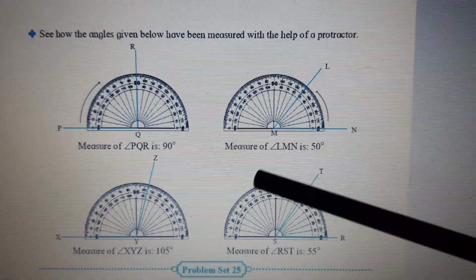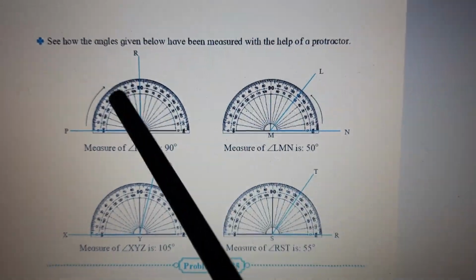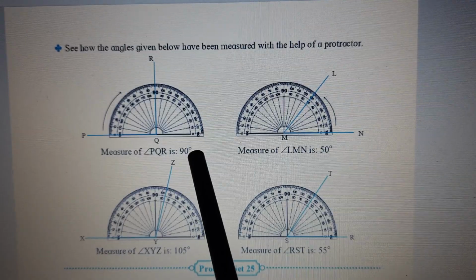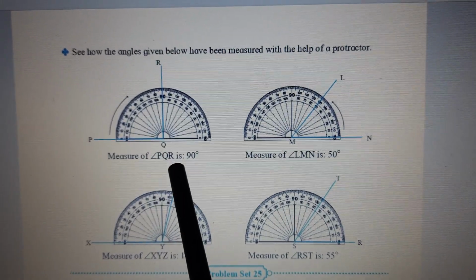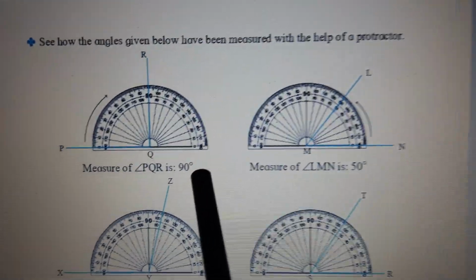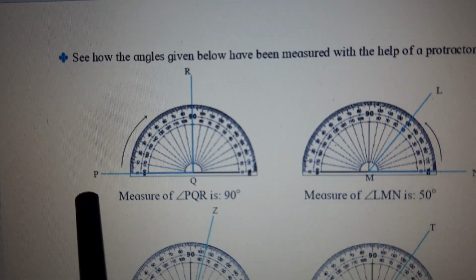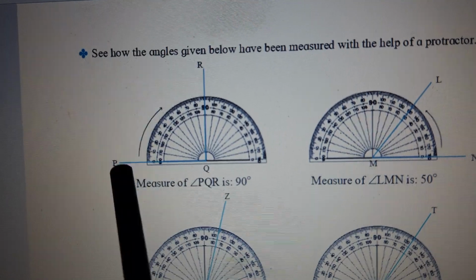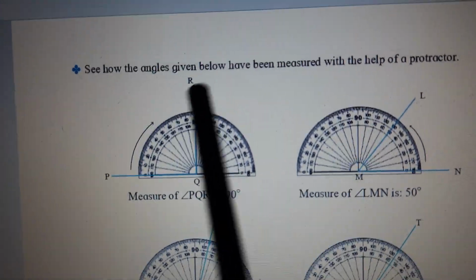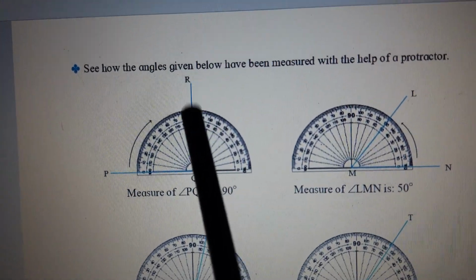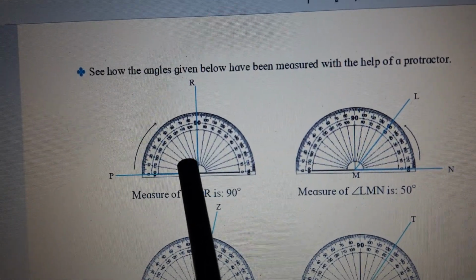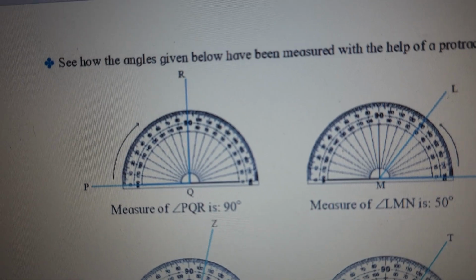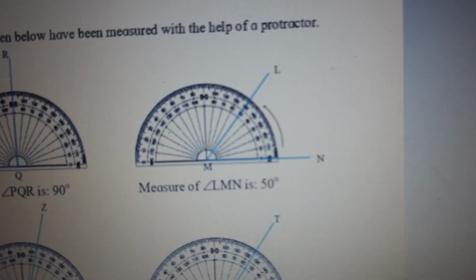This is from the textbook, just to show you. Look at this. Angles are being drawn and measured also. So the measure of angle PQR is 90 degrees. A closer view of that: this angle is drawn from this side. This side angle is a straight line. You can see PQR standing straight, so it's making an angle of 180 degrees. Okay, children. See the second figure.